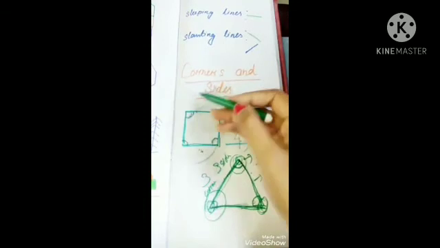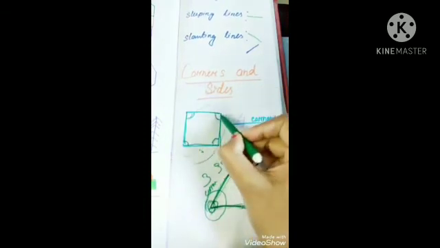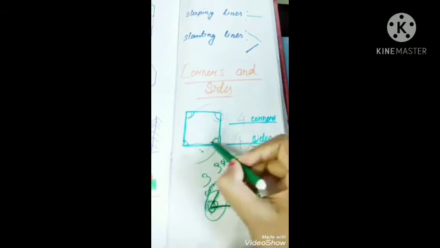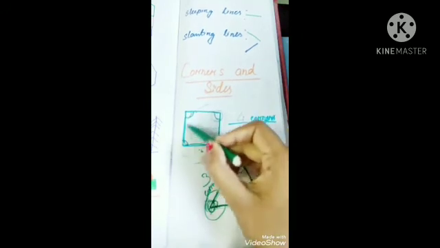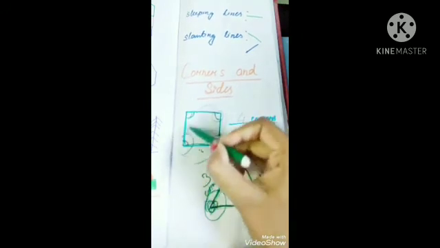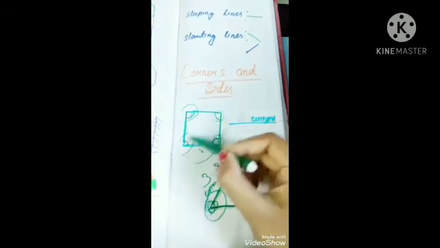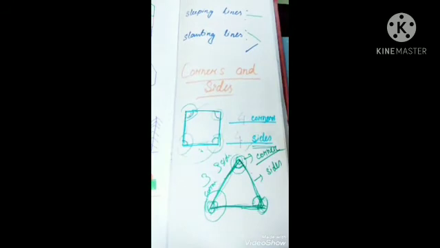Similarly, for a square also, this side and this side are joining at this point. Here this and this are joining at this point. This and this point, and here this and this are at this point. So these are the corners. These are the basic ideas that you should get, and by that you can solve the problems given in your book. So now let's solve it.